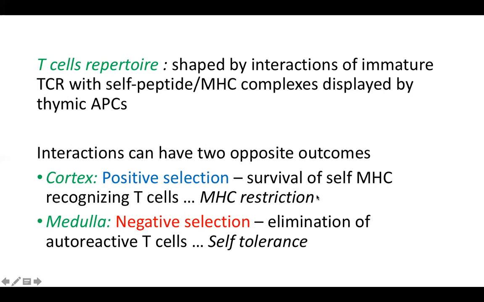Okay, simple. Now the MHC recognizing cells reach the medulla. From the cortex to the medulla. Here negative selection happens. Until now the self peptide part had not come, so far only MHC was discussed. So the second filter is here. The second filter tells them that these are my antigens. Okay, this is my insulin, this is my growth hormone, this is my